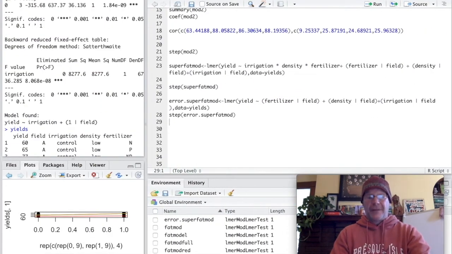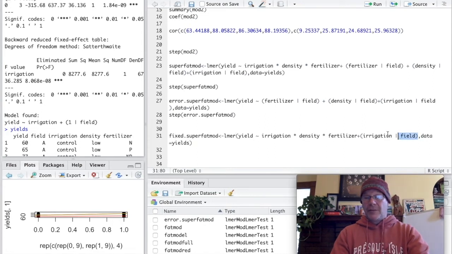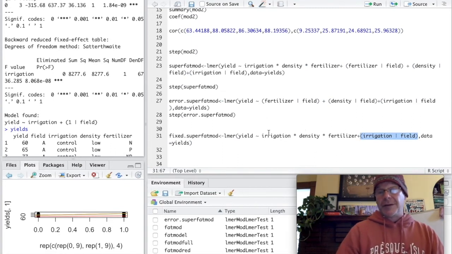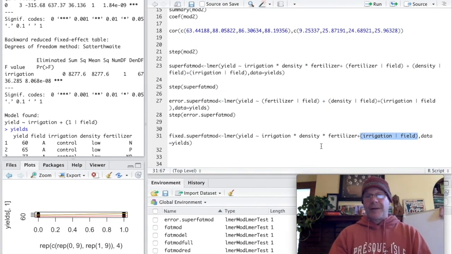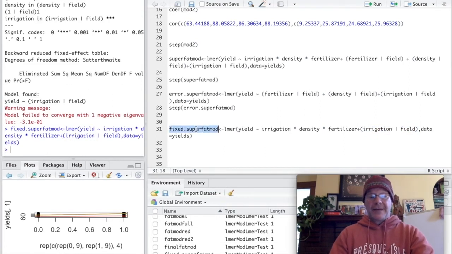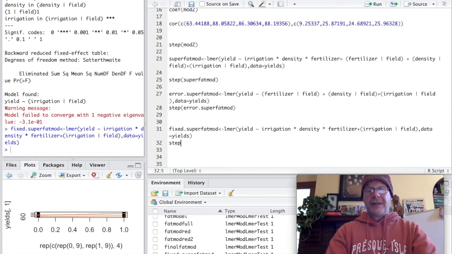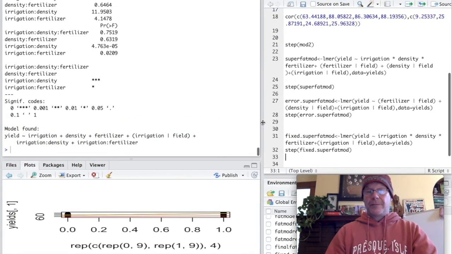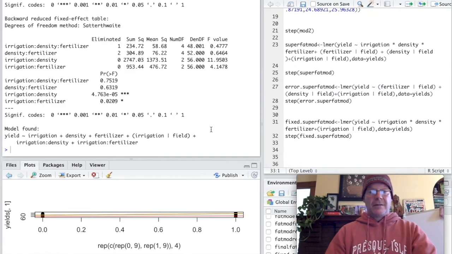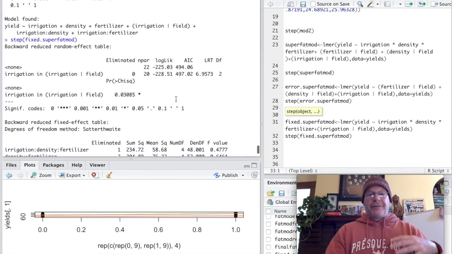And so I've done that here, where I'm sticking with what I believe is the best error structure, and then I'm going to explore all these different predictors, including the three-way interactions and all the two-way interactions. And we go ahead and do that, and then I can say step, my fixed superfat model, oops, do that again, okay. And it goes through, and now we're just dealing with the fixed effects,